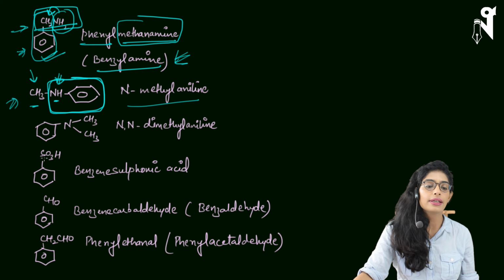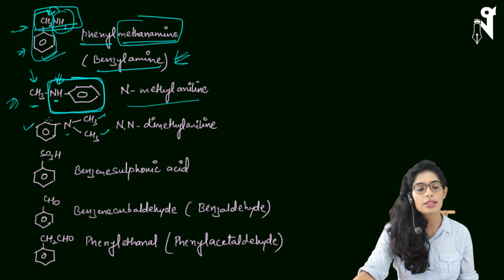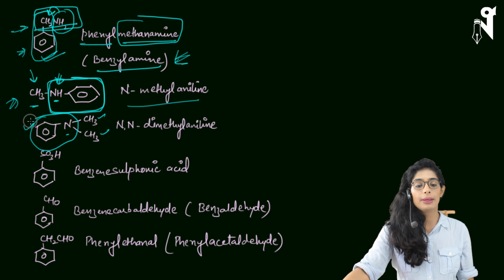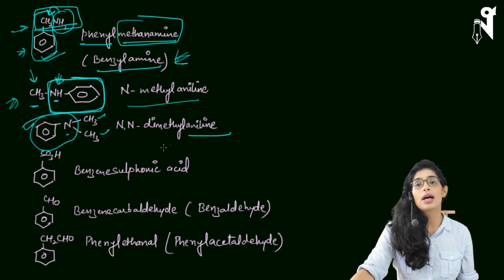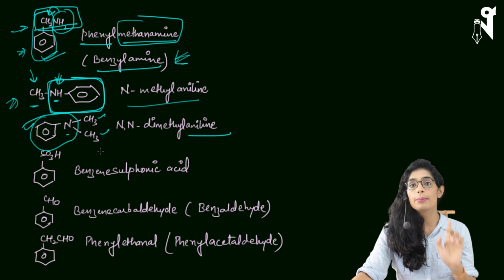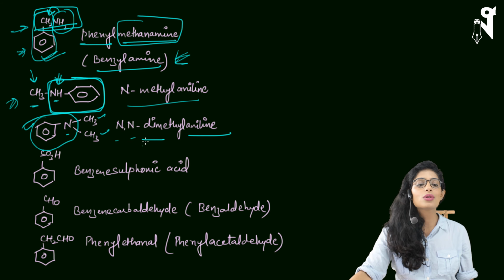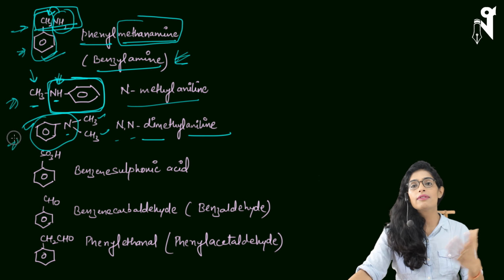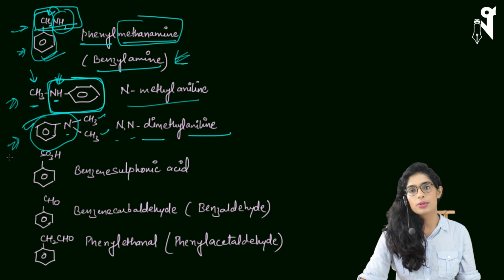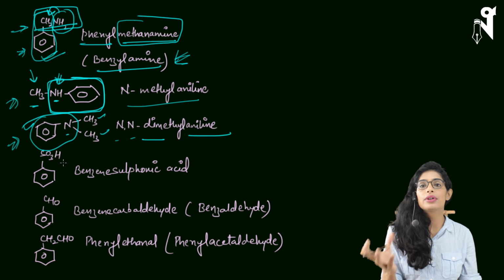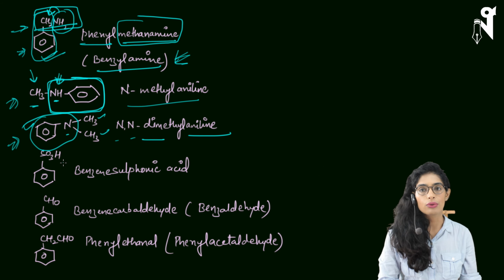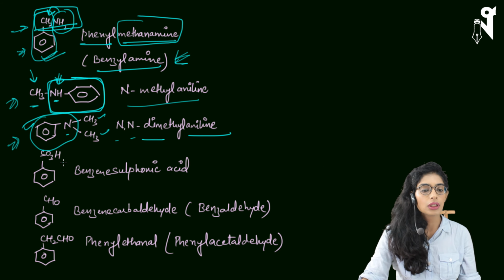Here also my N is connected to benzene as well as CH3. The bigger chain is benzene, hence this will be your main chain, named as aniline, and two CH3s are attached on nitrogen, not on benzene, hence the name will be N,N-dimethyl aniline. So this is just the use of the rules we have learned in the other functional groups. Basically in amines, whatever rules we had learned, the same rules we are applying over here. Now look at the next compound.